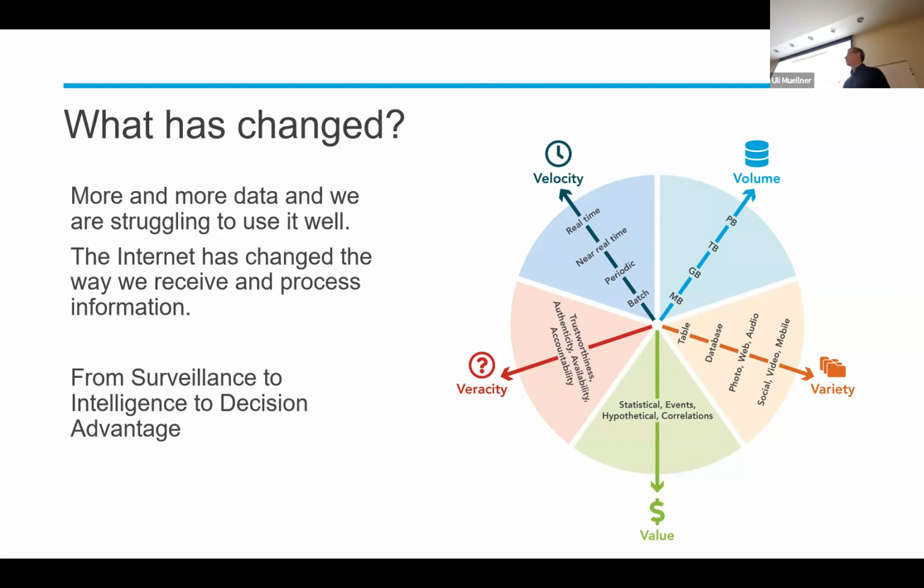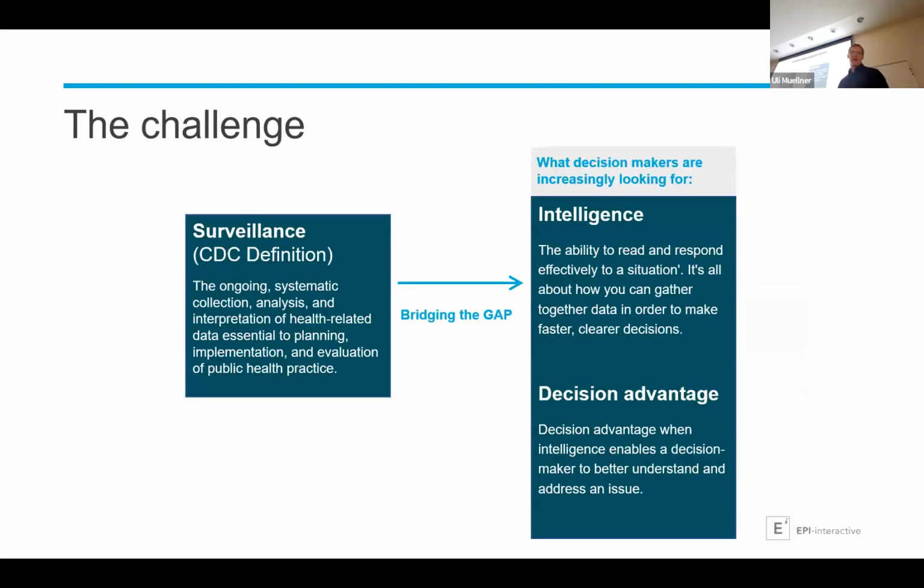In the end, you want to provide value to people. So also look at your audience and stakeholders. You want to provide really targeted information they can then use for decision making. In our line of work, the traditional way to look at it is from a surveillance point of view. I've got some definitions there. The CDC definition of surveillance is the ongoing systematic collection, analysis, and interpretation of health-related data, essential to planning, implementation, and evaluation of